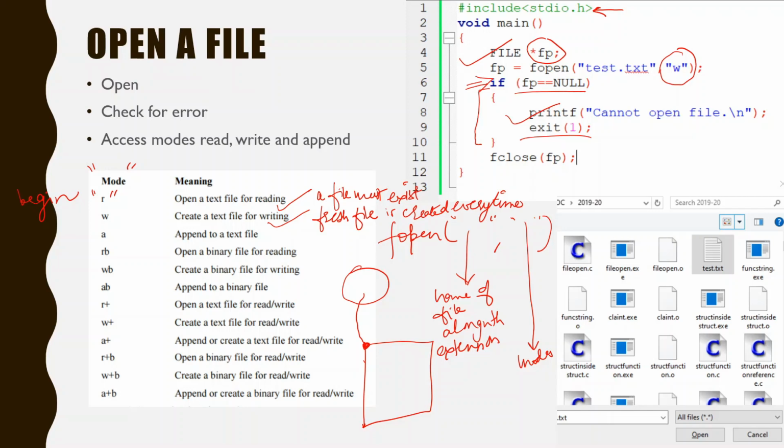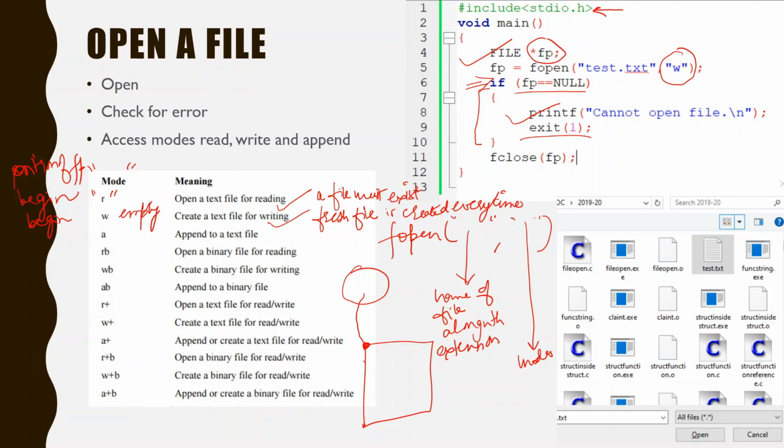because when it opens a file in the write mode, there may be three conditions. The file initially may not exist, so it will create a new file with empty contents. Fine. If the file is already there and it has some contents, then what will happen? It is going to erase the contents of the file, and it also starts from the beginning of the file. So the position of fp is in the beginning of the file. Okay, and it always creates an empty file.